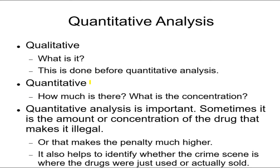There are two reasons. Number one, if it's, let's say, a Schedule 1 drug, or a Schedule 5 or something like that, maybe there's so little of it that it's actually legal to have. So we want to know how much they have, to know if it's actually illegal or not. Or sometimes there are greater fines for larger amounts. Let's say 10 grams might have a low fine, but more than 10 grams is a high fine. So we have to know how much there is. And when it comes to, let's say, liquid solution,